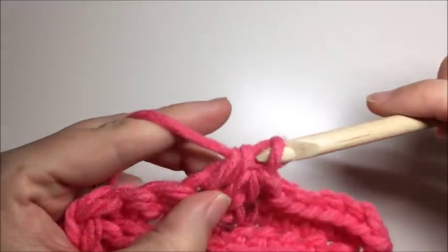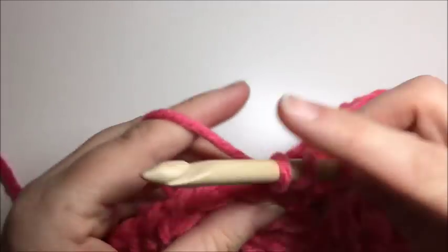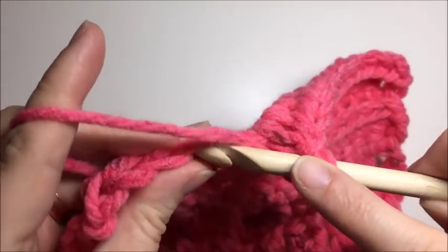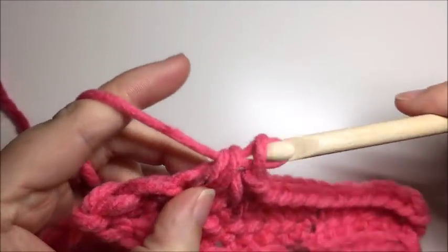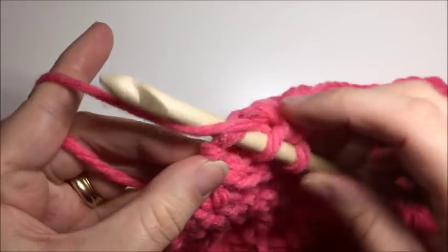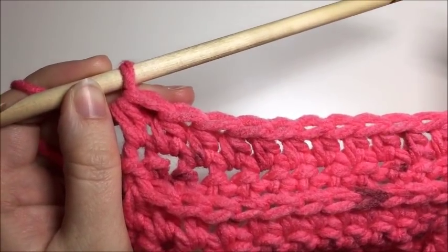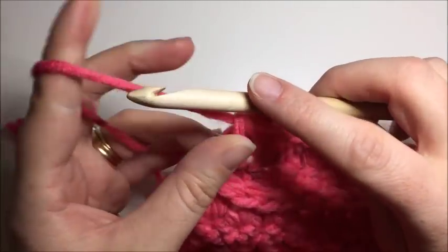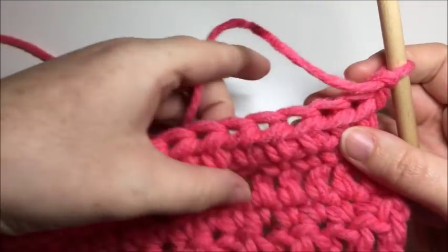And then I'll show you one more row of working in the third loop. Okay, so that was my half double crochet, row 13. And then for rows 14 and 15, you're just going to repeat rows 12 and 13. So row 12 again was that chain 1 and turn, and that's our single crochet in that third loop,